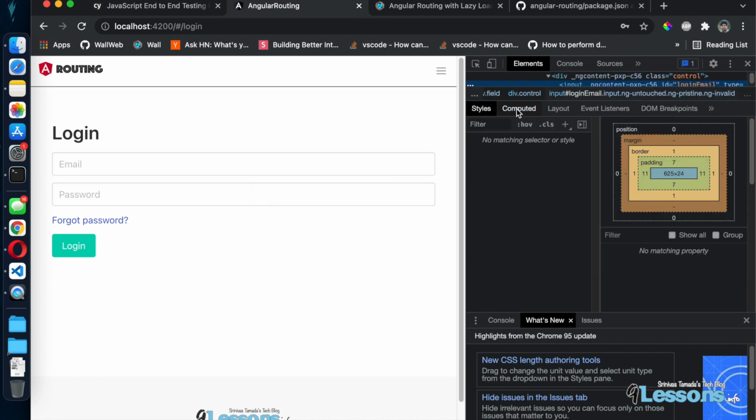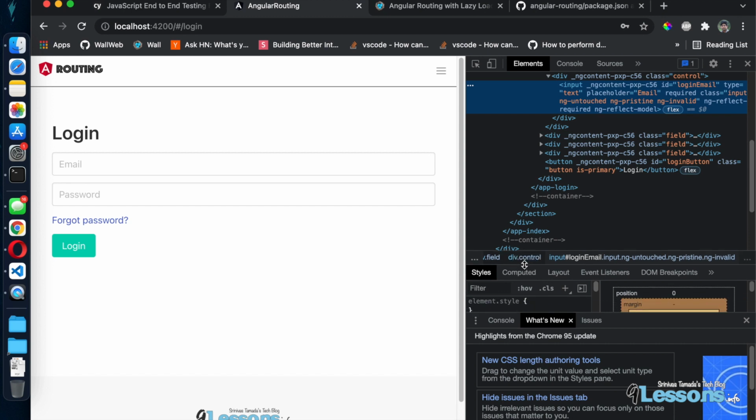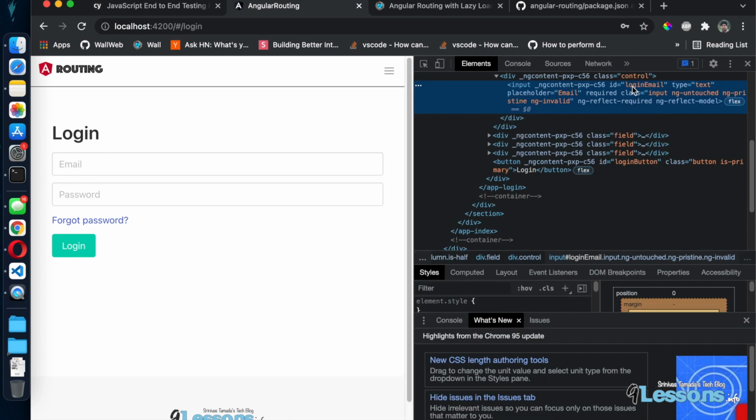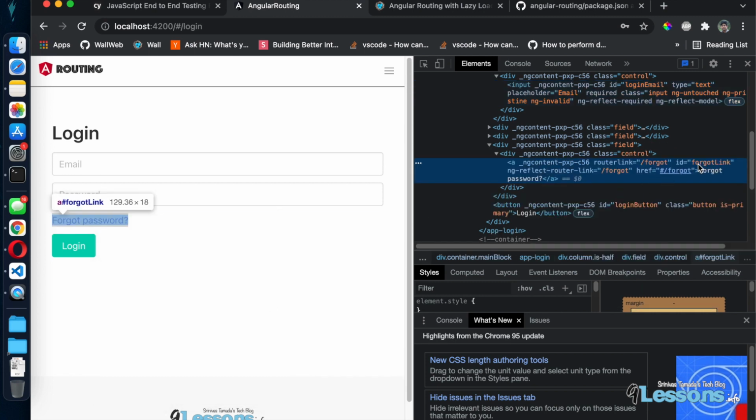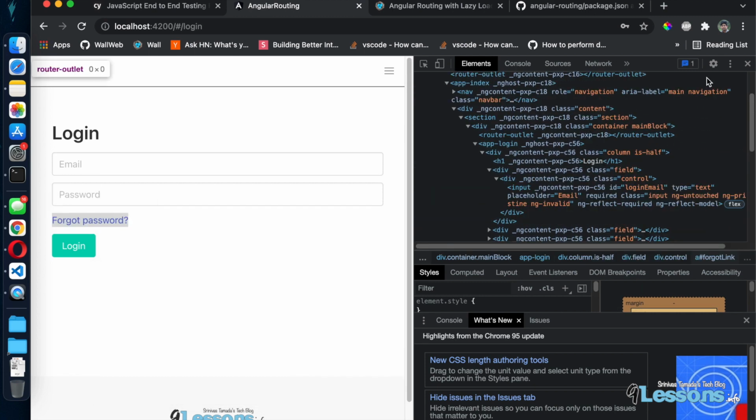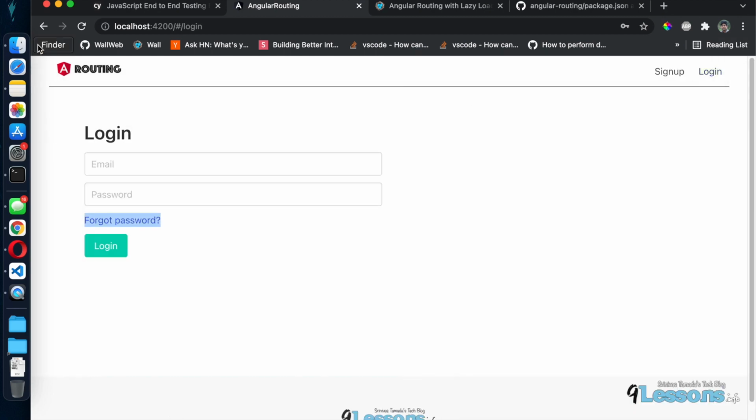That way testing is easier. I gave specific IDs like login, email, and every button, and the same way for the links. Everything has to have IDs, like a forgot link,